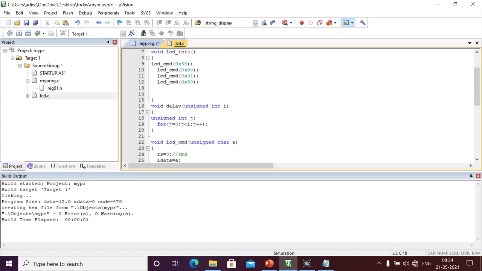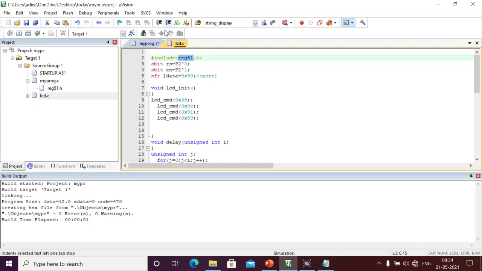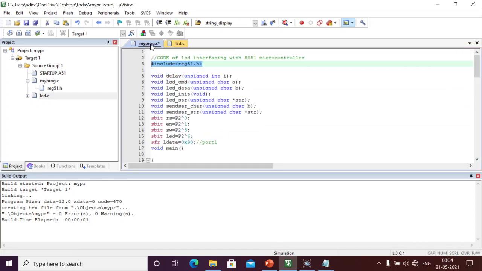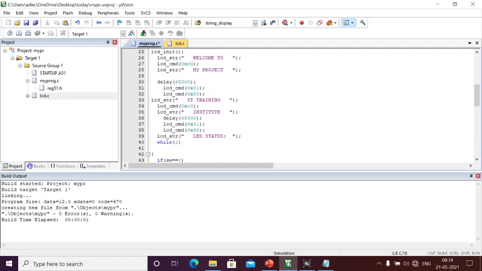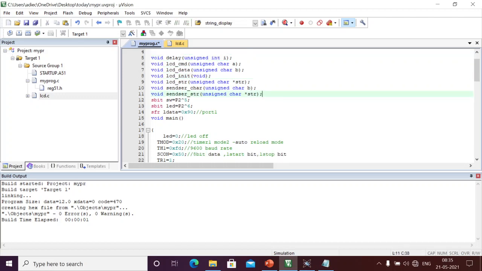Here I have all the function definitions as well as the pins, and if we want to define any sbit, we need this register 51.h. After this, this .c file is now complete. The RS and enable we anyway moved to the LCD. I'm just deleting them from here, and LData also I removed.